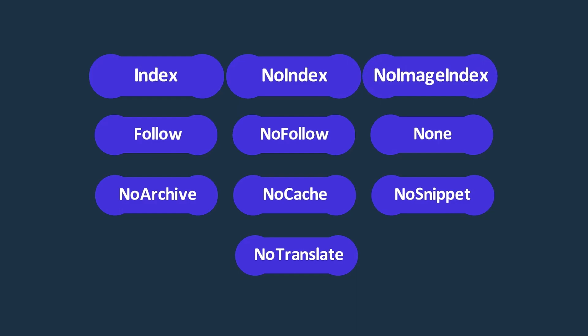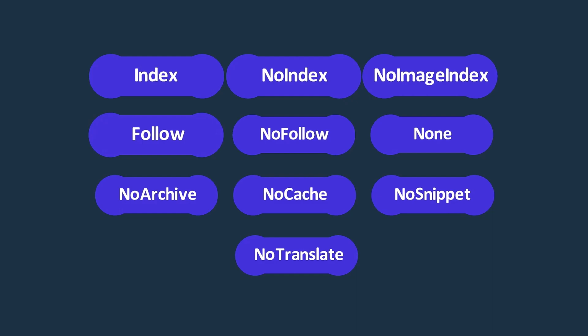Noimageindex. By using this value, search engines will not index the images on the page. However, if someone else uses the same image on another website, it may still appear in image search results. Follow. This value instructs search engines to follow the links they find on the page.